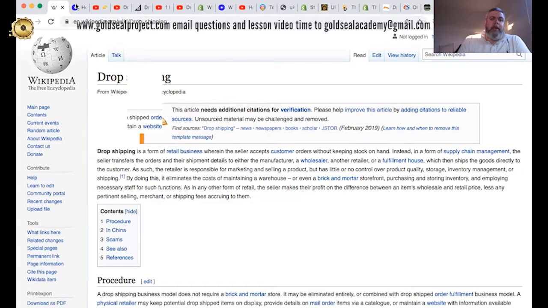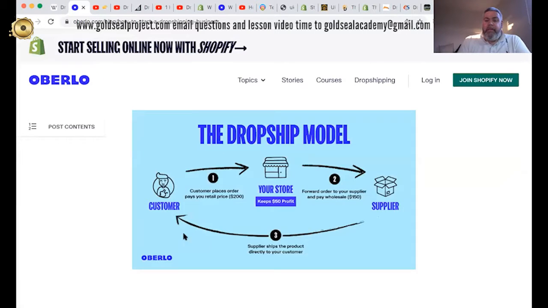Okay. However, I would prefer to explain what was just said by definition better here. And remember, we share all the web links, so you can always go back and look at everything in more detail outside of this session too. But in this instance here, this is how the dropshipping model works.